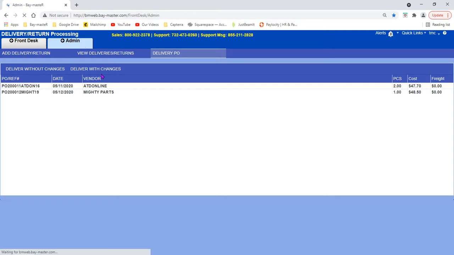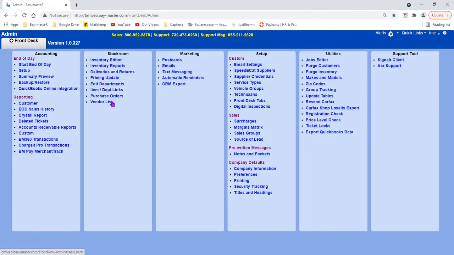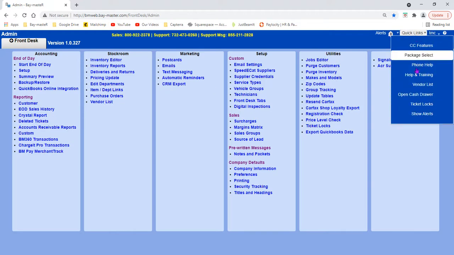Let's see, I'm just trying to touch on the basics. Vendor list, you can access that from any screen up here in the quick links. You got your vendor list. Phone help is very good. This is one of the spots where all of the